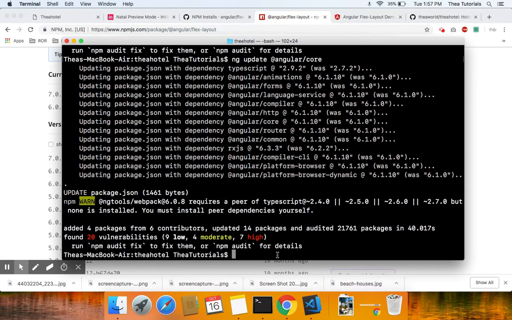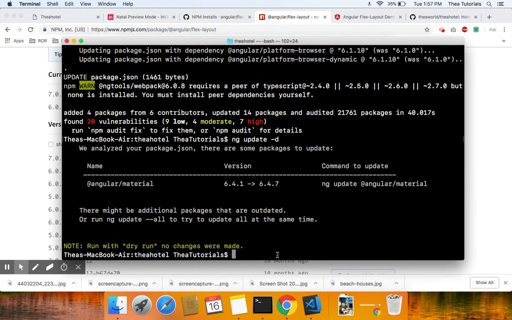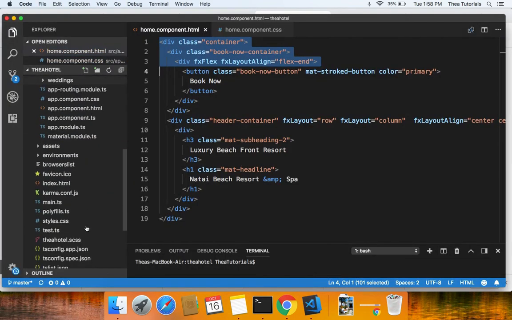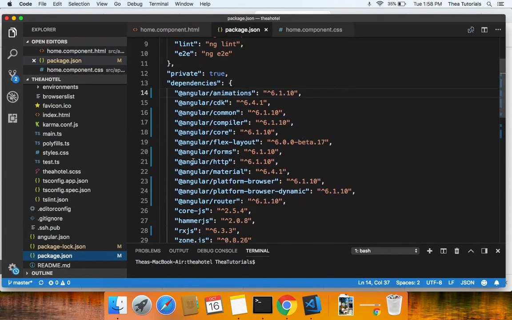So now if we run ng update -d, it doesn't update it, it just tells you what you need to update. It'll probably say just the Angular Material. So yeah, it will just go ng update @angular/material. Now I also forgot to tell you guys, before you did this, if you were to open your package.json before we ran these updates, around line 21 and everything else, I just wanted you to know that